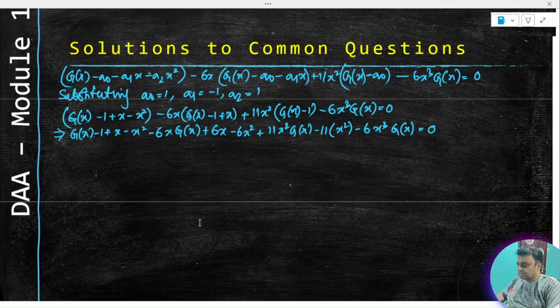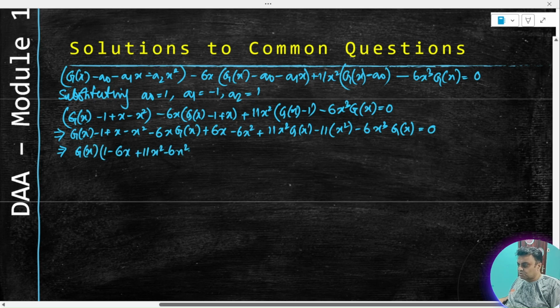So simplification will take some manual labor, I understand. If we group the gx's, then we get gx times 1 minus 6x plus 11x square minus 6x cube, plus minus 1 plus 7x minus 18x square is equal to 0,